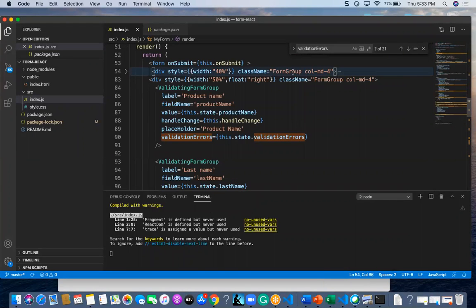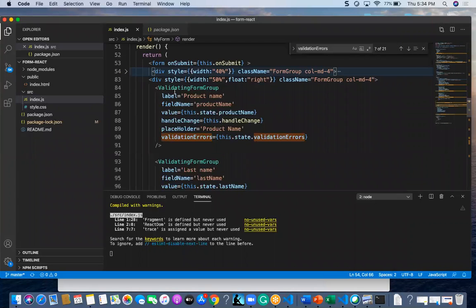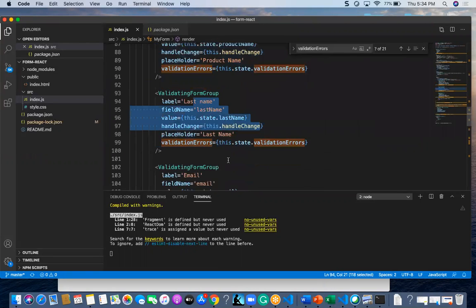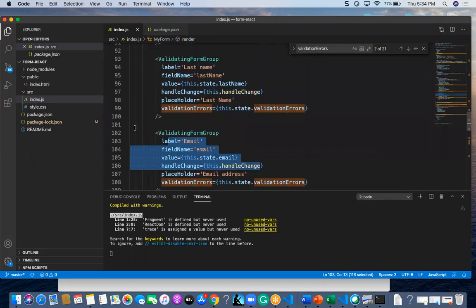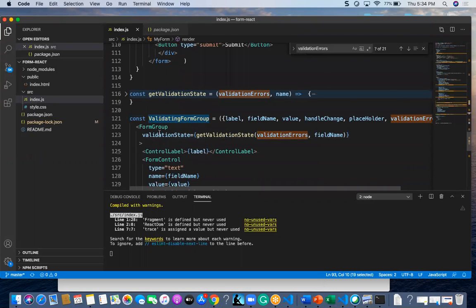So this I have created. This is one column, and this is one more column. In this column I am going to give product name, last name and email. So this validating form group is a reusable component, accepting some parameters.